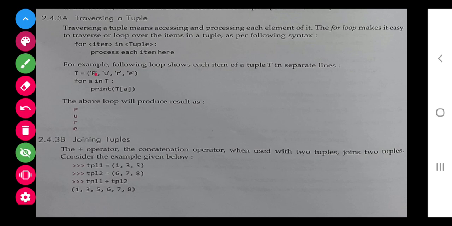Traversing using a for loop is the best method. For A in T, print T of A, then each element will be displayed one by one. Joining of tuples, we can do this. Two tuples can be added.